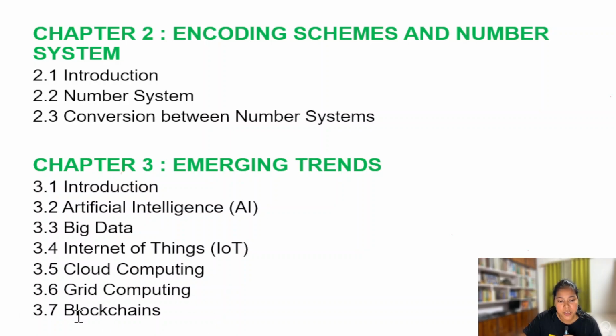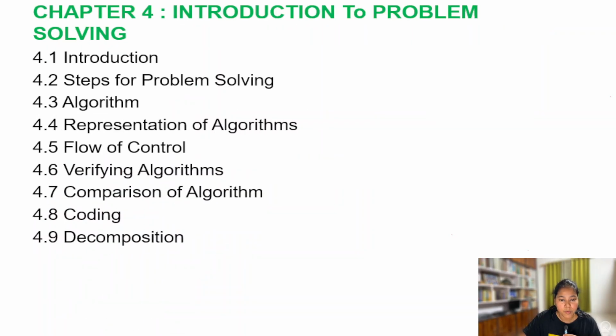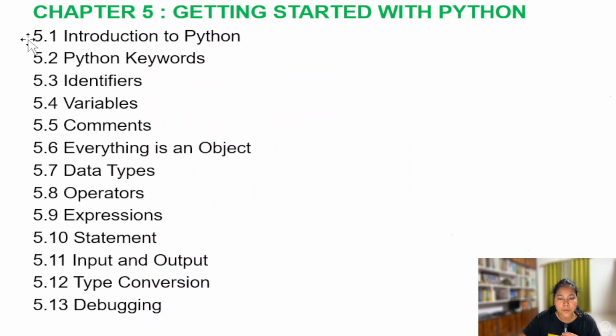Grid Computing, 3.7 Blockchains. Now coming to chapter number 4, which is your Introduction to Problem Solving, and the subtopics under it are 4.1 Introduction, 4.2 Steps for Problem Solving, 4.3 Algorithm, 4.4 Representation of Algorithm, 4.5 Flow of Control, 4.6 Verifying Algorithms, 4.7 Comparison of Algorithm, 4.8 Coding, 4.9 Decomposition, and coming to chapter number 5, which is Getting